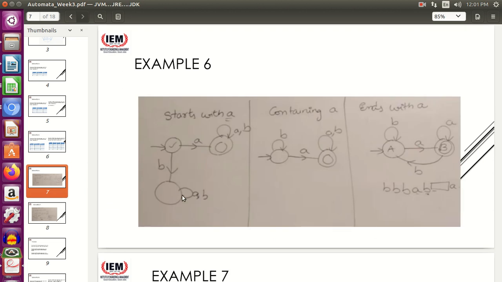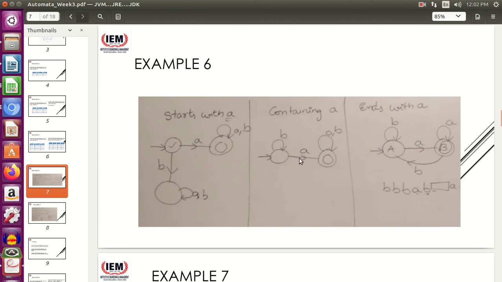Okay. Now coming to some easier problems. You need to construct a DFA starting with A, containing A and ending with A. So here is the difference. What is the DFA for starting with A? With every DFA that starts with A, obviously over the language A comma B, this is your starting state. Once you get an A, you go to the final accepting state. After getting an A, you can get anything else, because the only constraint given is it starts with A. And if you get a B, you just block it with a trap state.